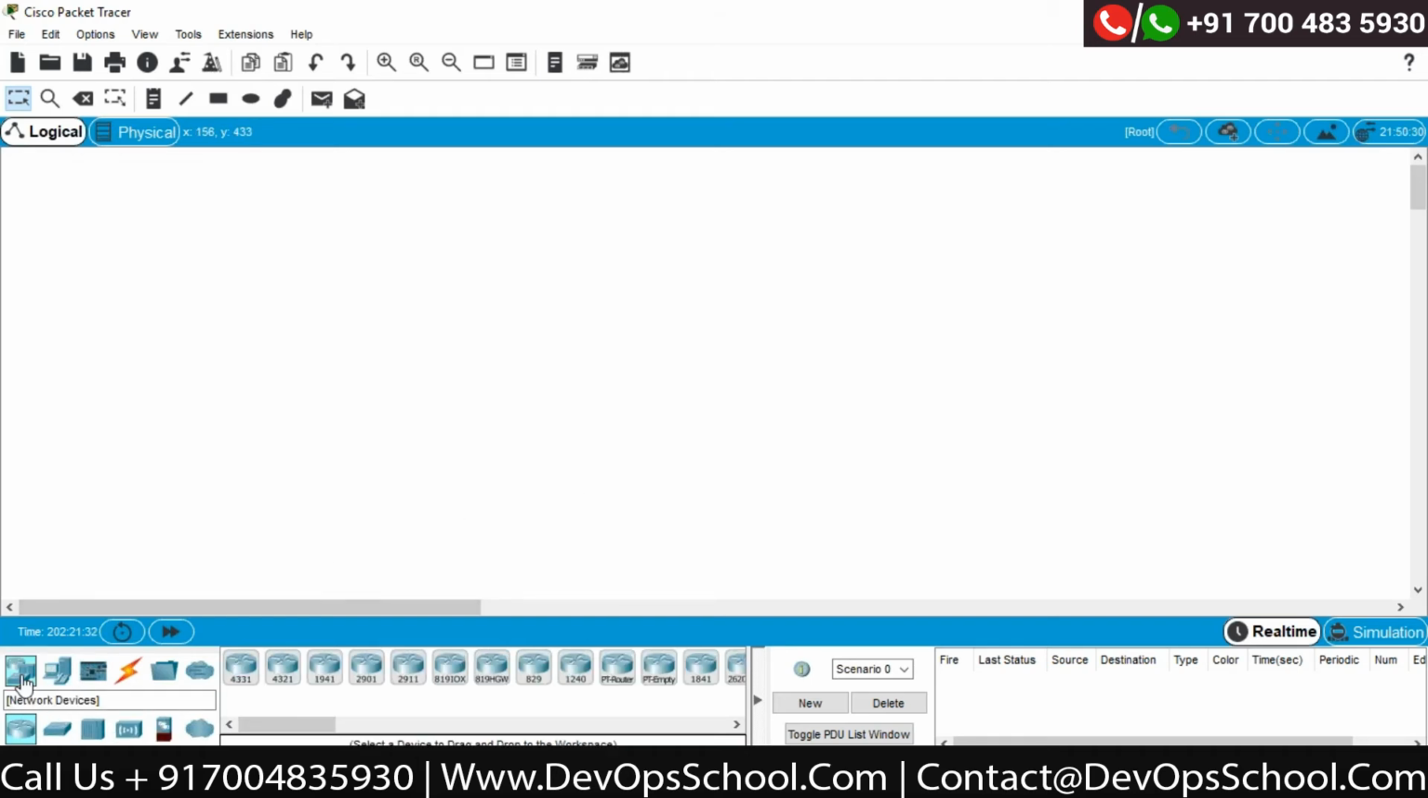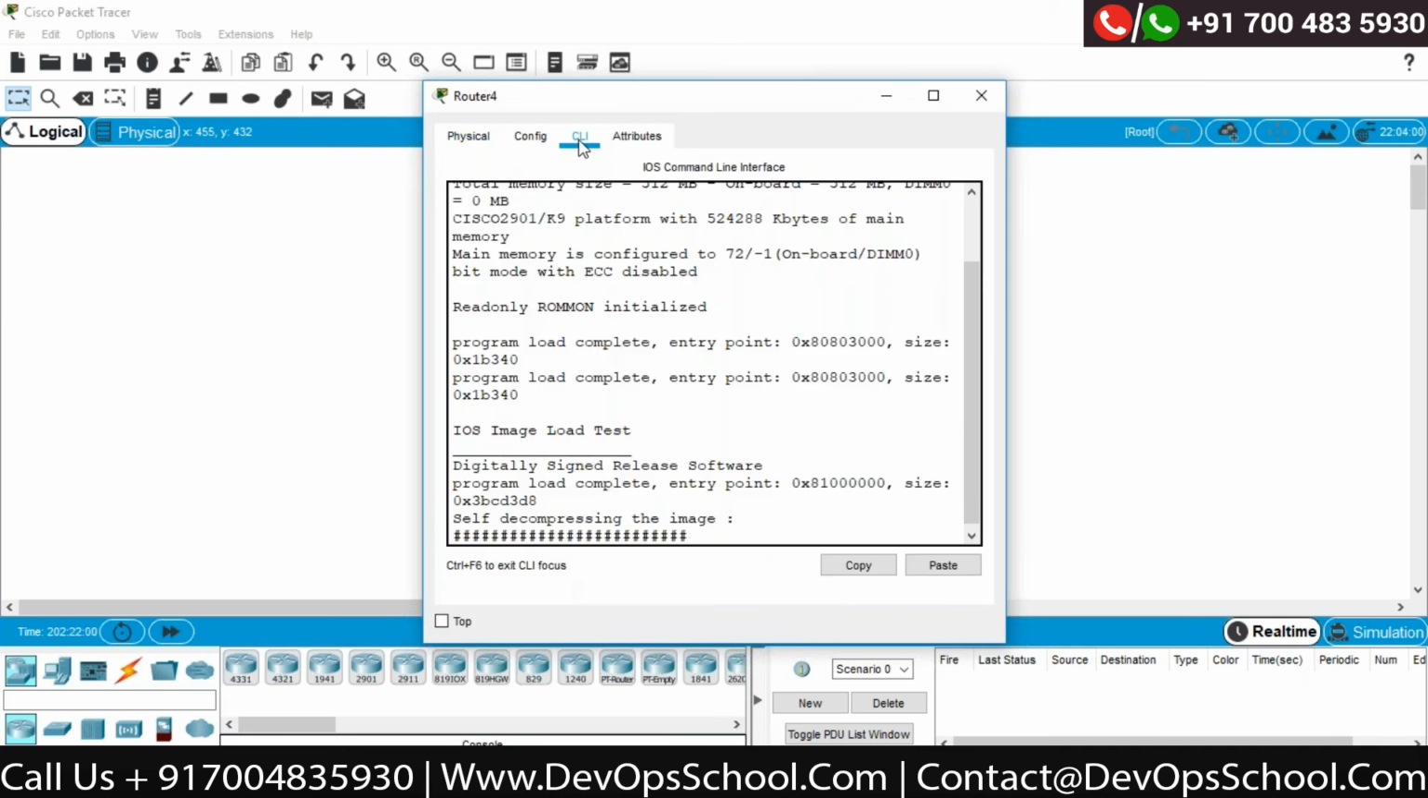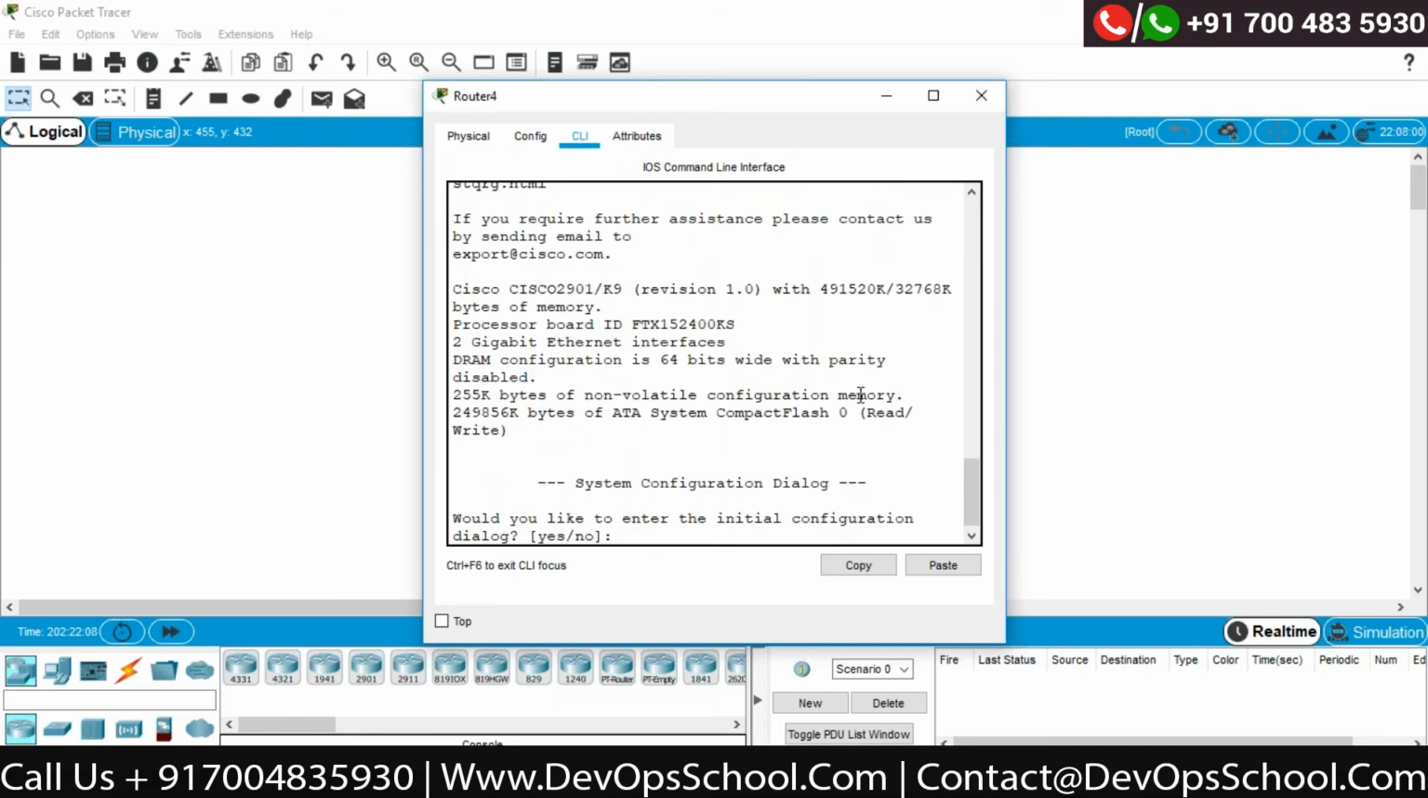Now I would like to show you how we can see the booting of our device. So what I did, I simply drag. Okay, I will do it one more time. I will delete this. Let's say I would like to take the router model as 2901. So I simply drag that router and put it onto the screen. Okay, once I put it onto the screen, you can see currently my router is booting. IOS load test image. Correct? So you can see